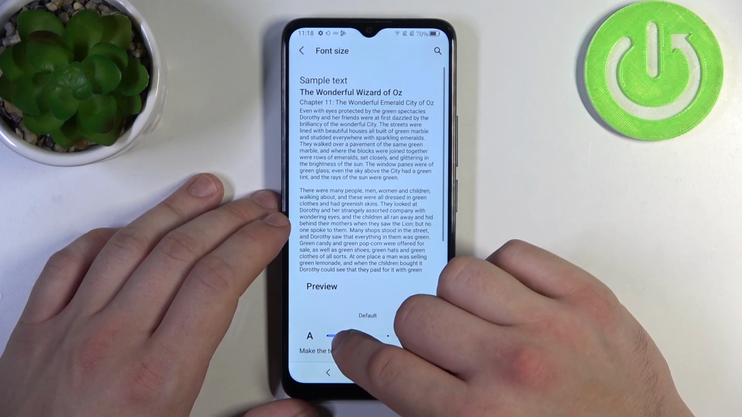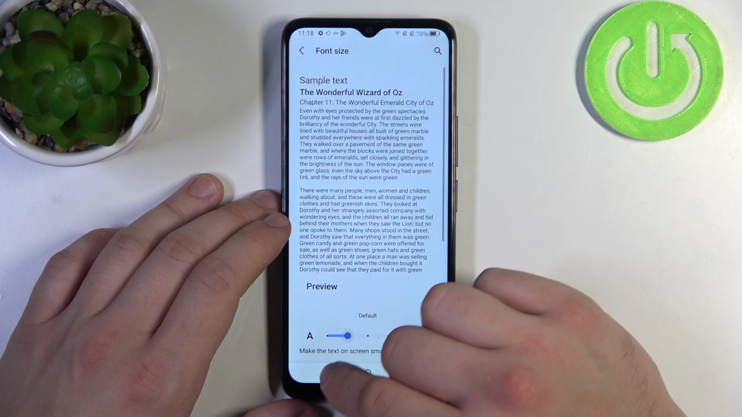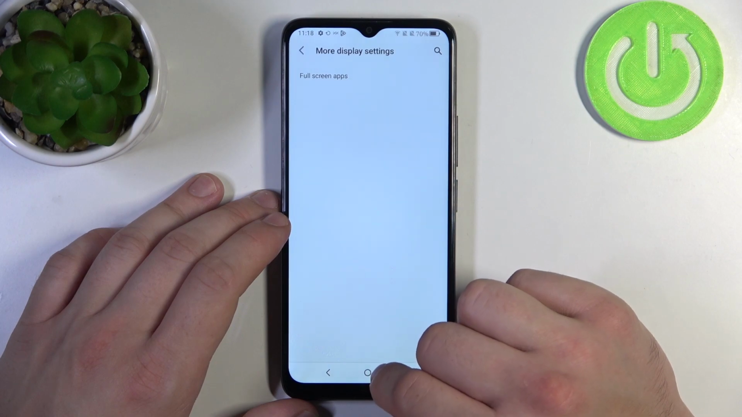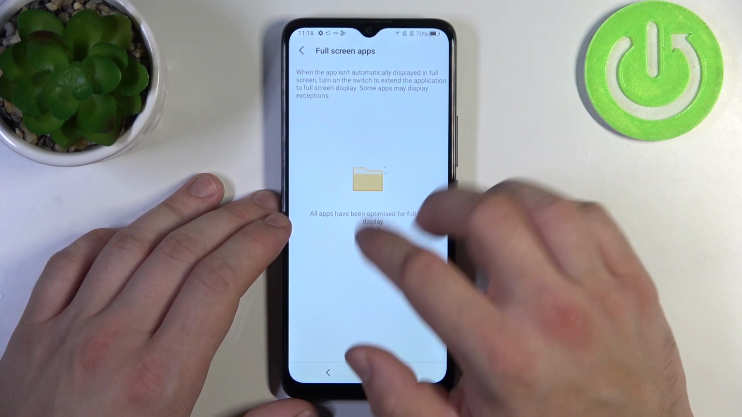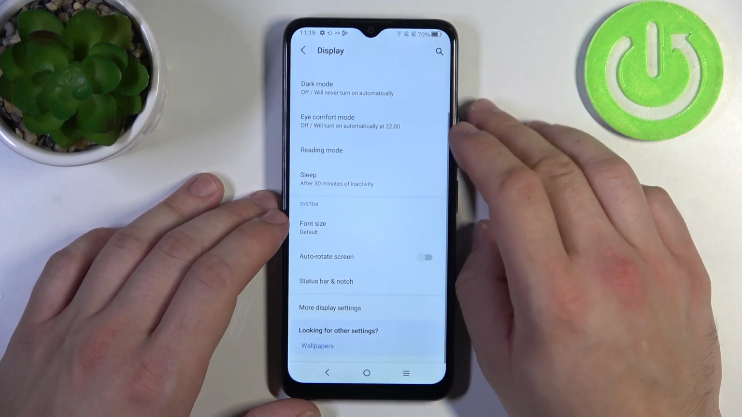Then we can change font size, and in more display settings we can manage full screen display for apps. And that's it